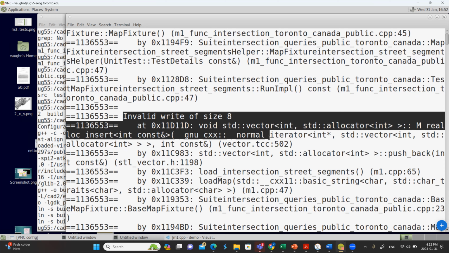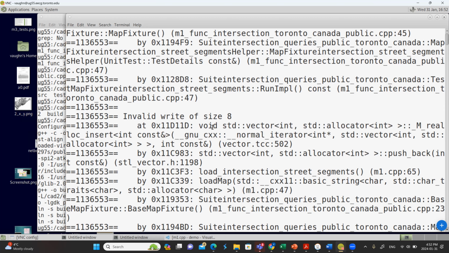Okay, what does invalid write mean? Any ideas? Yeah. We try to write something in a memory that is not allocated. Right, so writing outside memory that we've actually allocated. Typically, this is an array or a vector, would be a common thing that we've gone outside its bounds. And it's telling us, this may or may not help us, that the size of the write we were doing was 8 bytes. So the amount of data we were trying to write was 8 bytes.